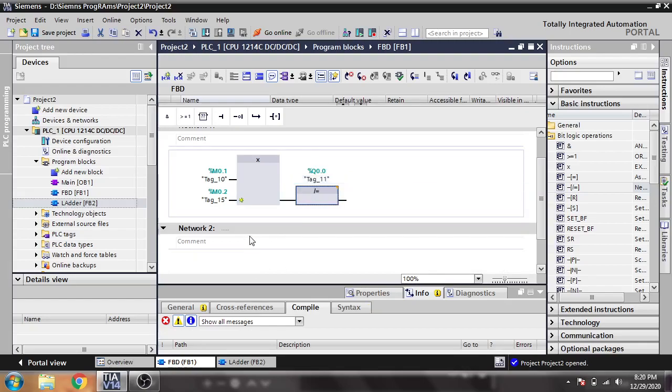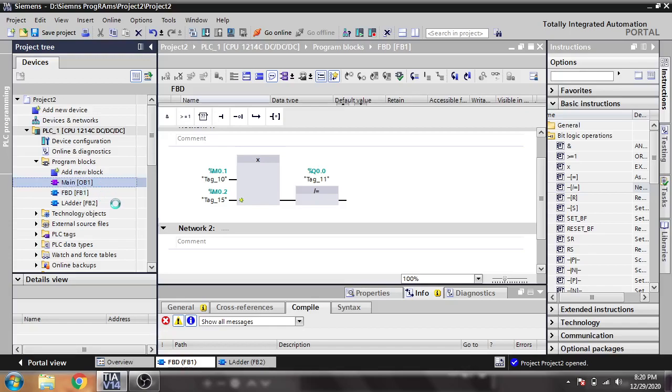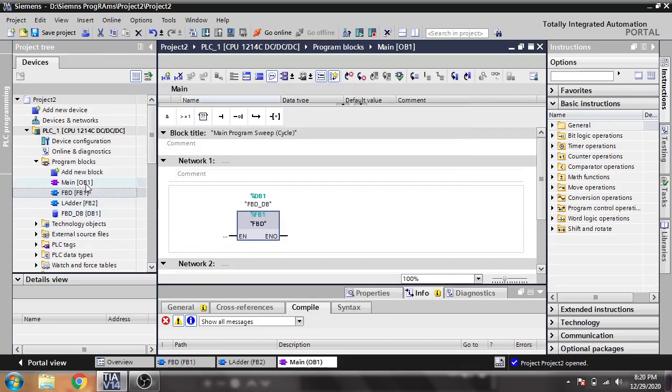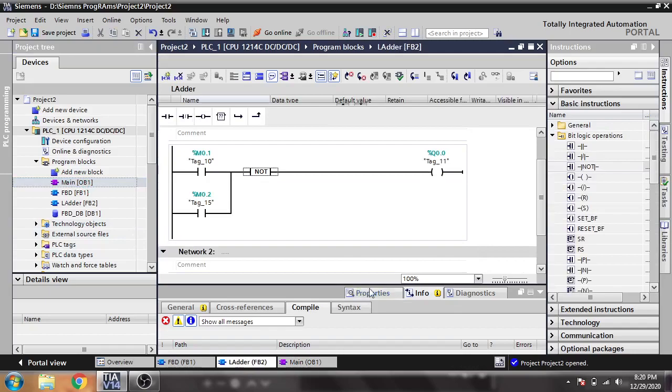So let's check how that one is working. I'm going to my main OB, and I drag and drop my FBD there, like that, and I'm going to my main FBD also there.